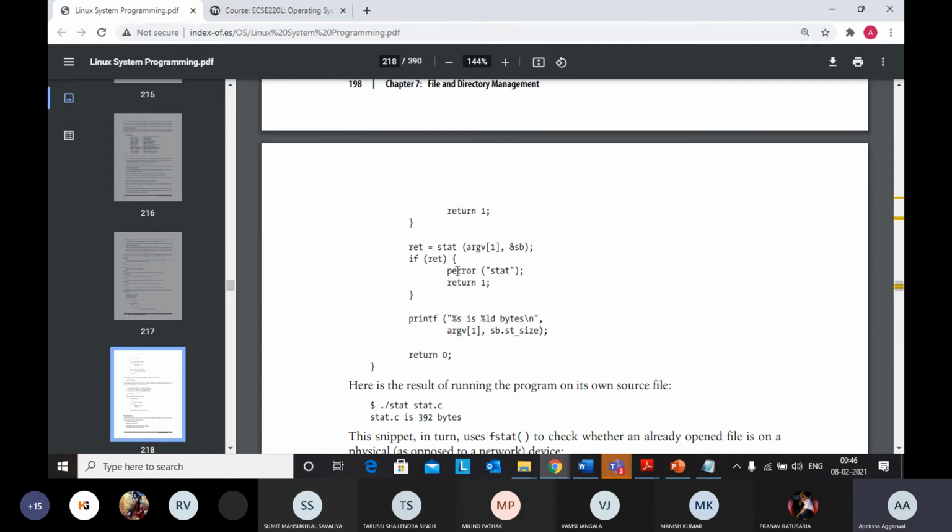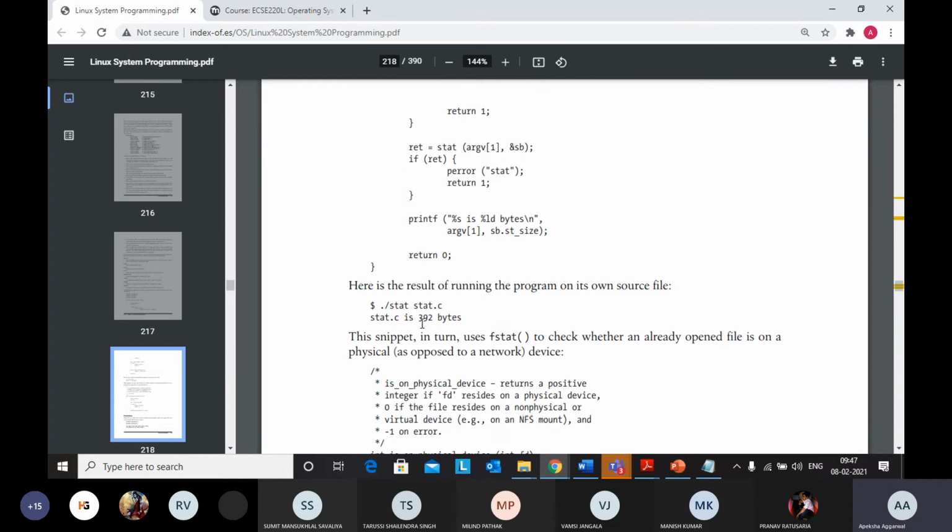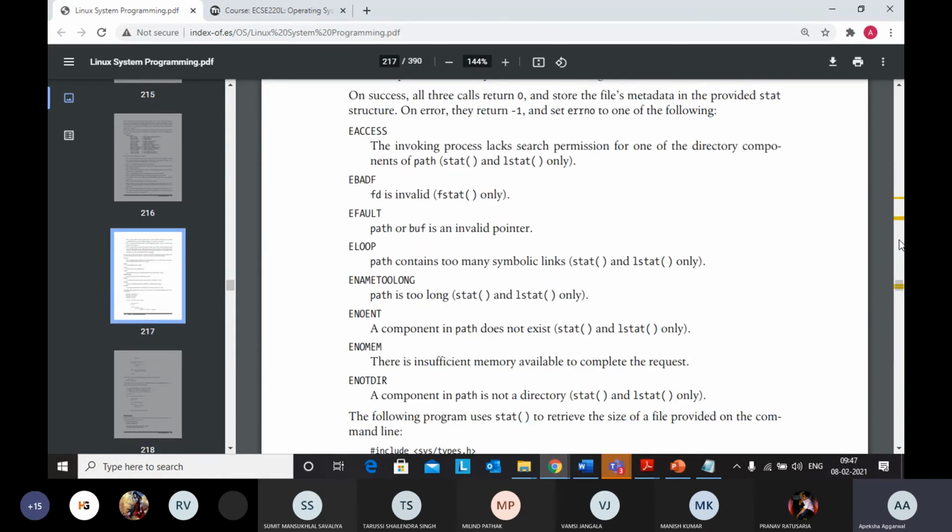If the status of the file is not returned, then error. Otherwise, print the size of the file. You can see it is returning sb.st_size, which is the size of the file. Basically, it is a structure, which we have discussed earlier.